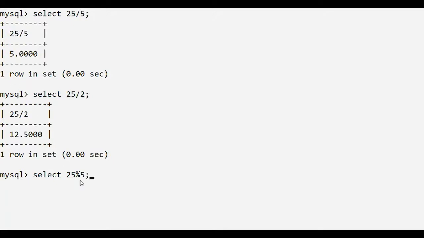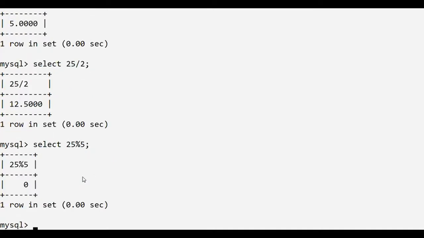The modulus operator divides two numbers and returns the remainder. 25 divided by 5, the remainder is 0. Suppose we write select 27 modulus 2. 27 divided by 2, the remainder is 1.